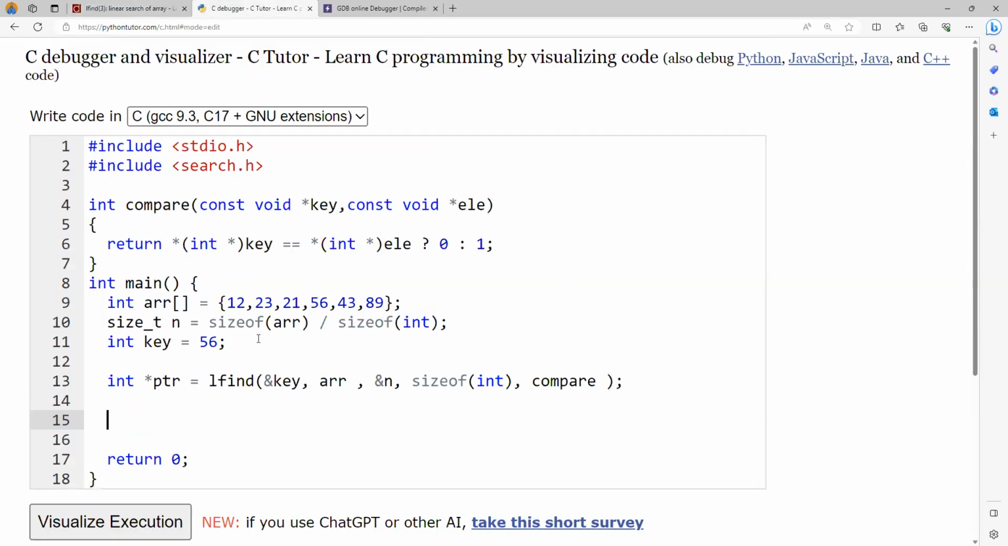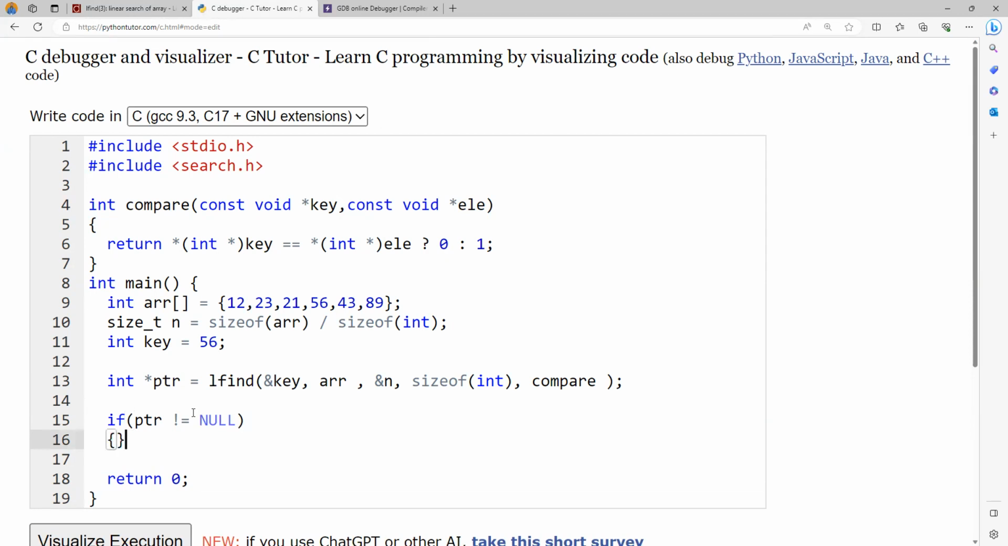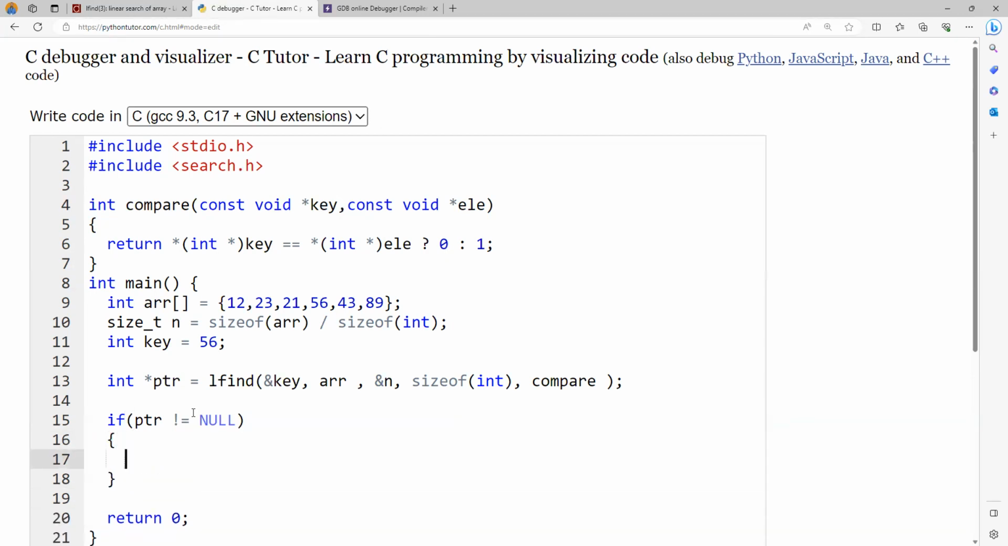So in case, let us say you are searching for 56, it returns me the address of this fourth element in this array. So let's try to complete this task. If ptr is not equal to null, it means that the element is found. We'll just say printf element found. And if you want to know the index, remember